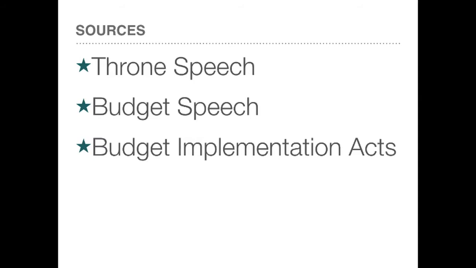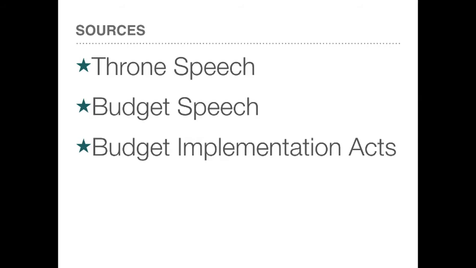The budget speech is a bit different but is equally important. The budget speech is a speech delivered by the Minister of Finance in Parliament, and it contains an overall plan for the government for the coming year, notification of their intentions, what they're going to spend money on and why, and it also contains an assessment of the fiscal health of the government and of the economy.